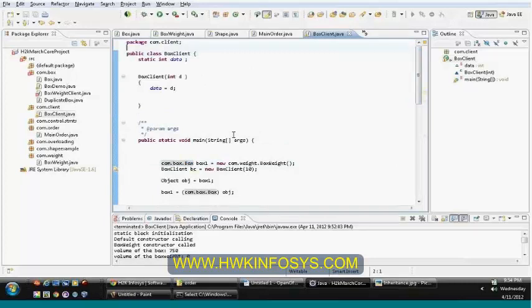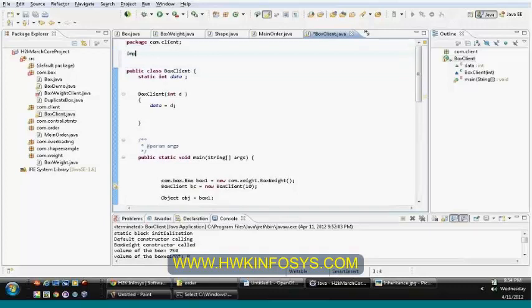So where is the place for import statements? It should go within package and your class declaration. So here you will specify import. And what is the package that you want to import? Com.box. What is the file name? Box. This is how, see, whatever that you have written, you will be going to use the same here also. But what you are specifying for this whole class, whenever I have used box, go and resolve the box by using import statement.